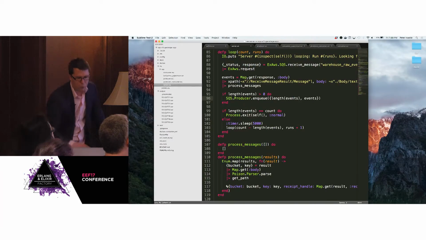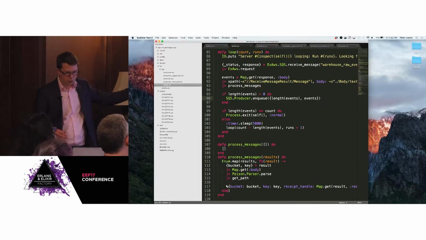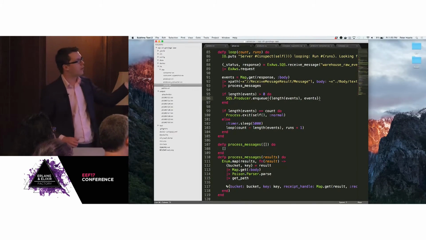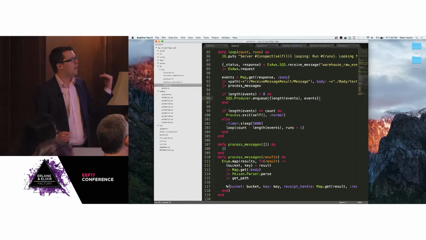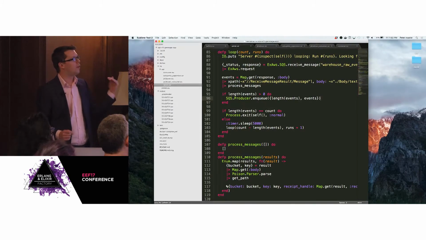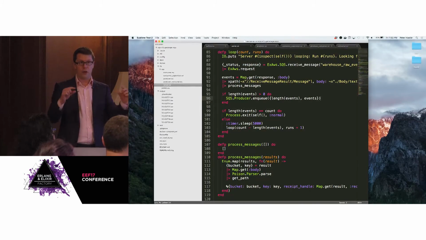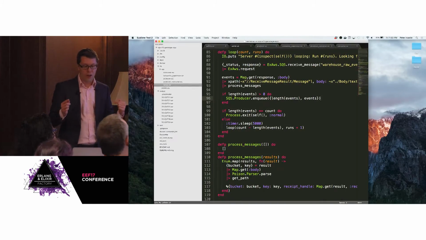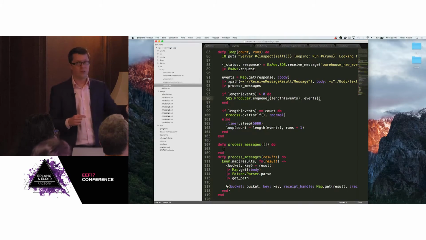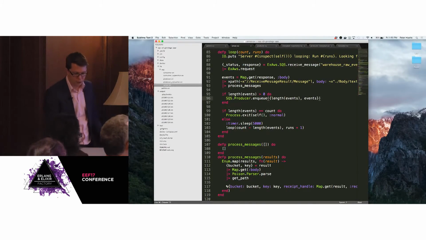And the way the server works is this loop function is what does the work of receiving messages. I'm using the ExAws library to interact with SQS. And then the messages come in, and I use SweetXml to parse those out and get the body. The body of the message is the event that came from S3, which I have to use Poison to parse because that's in JSON. So thank you, Amazon, for your consistency with your serialization there.